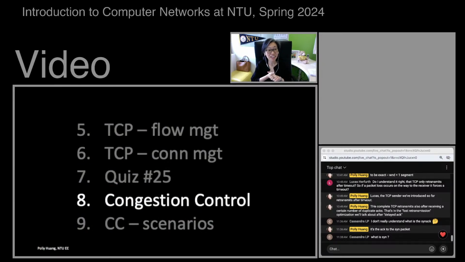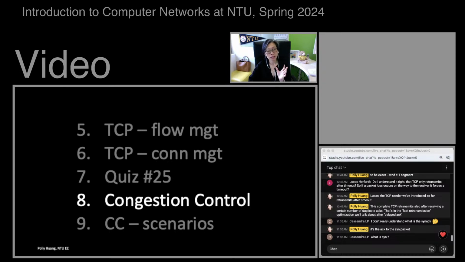I think you guys have got it. For SYN, SYN ACK, FIN, FIN ACK, these packets don't carry any bytes in the data, but the ACKs still need to be incremented by 1. All right, so that is what quiz 25 is about. Good. Let's move on to the next topic.